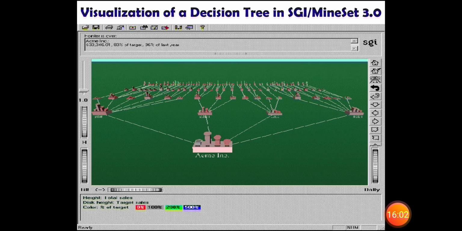This is another visualization of a decision tree in SGI MineSet. So here you can see, when you do any classification on the training data set, you can take sports data or cricket data, football data, any number of data. The data can be classified in the same structure. By that, we can easily understand the rules defined in the classification, as well as the results. This is also one of the visualizations of a decision tree in SGI.